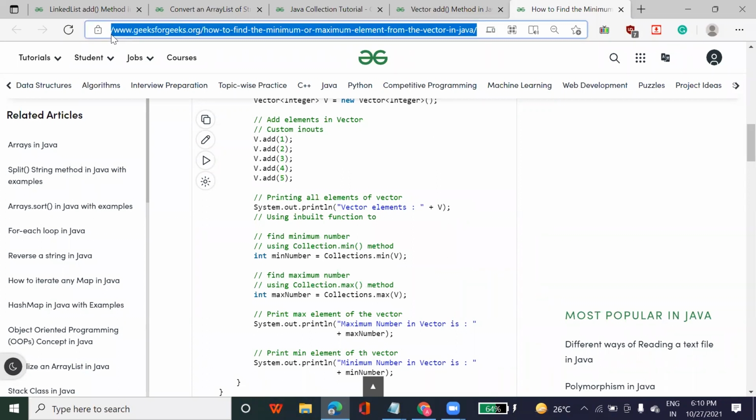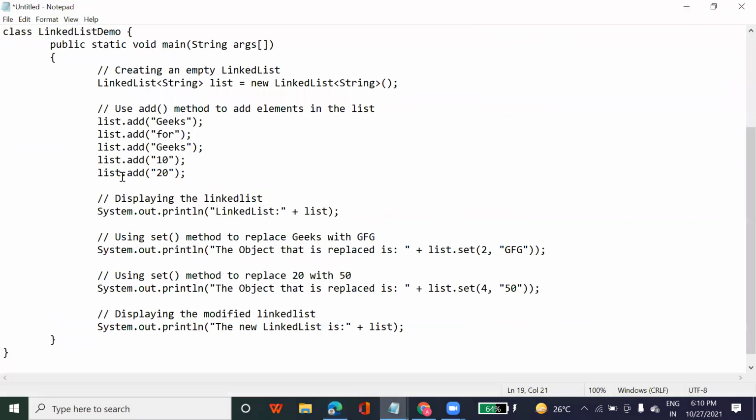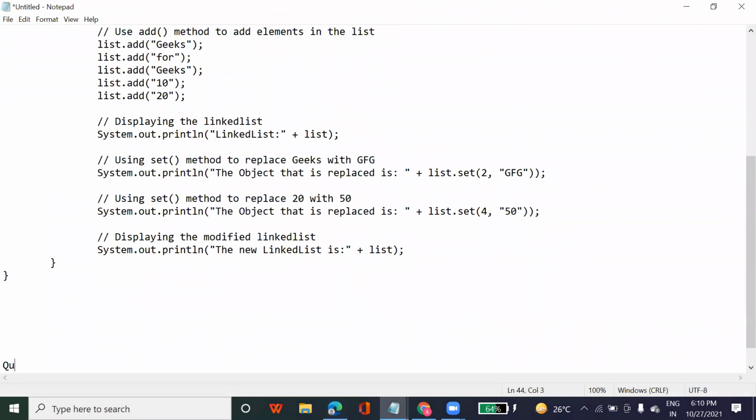So see, whenever a question is given to you, suppose they give you one problem. The problem is a question only: write a program in Java to find the maximum and minimum number.